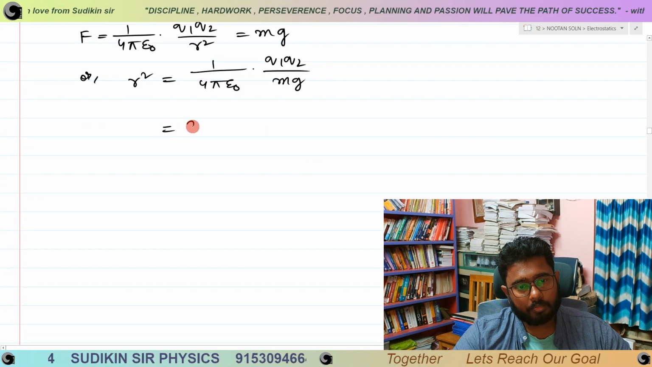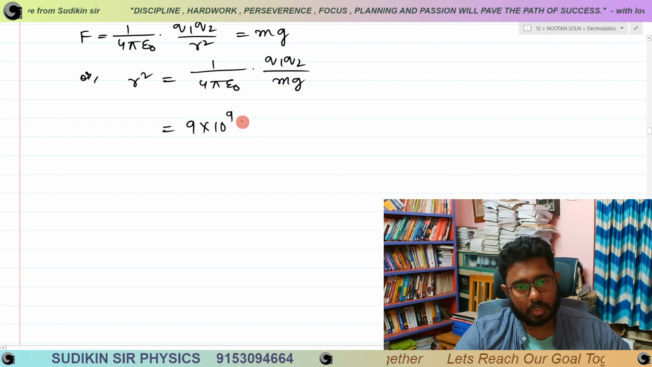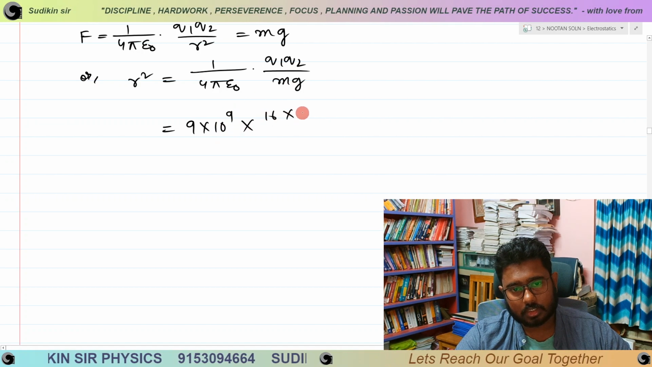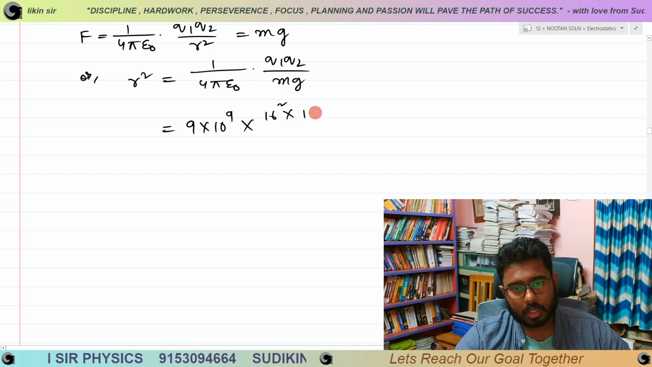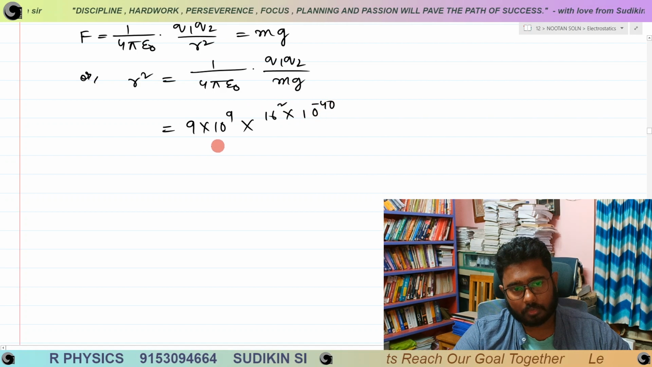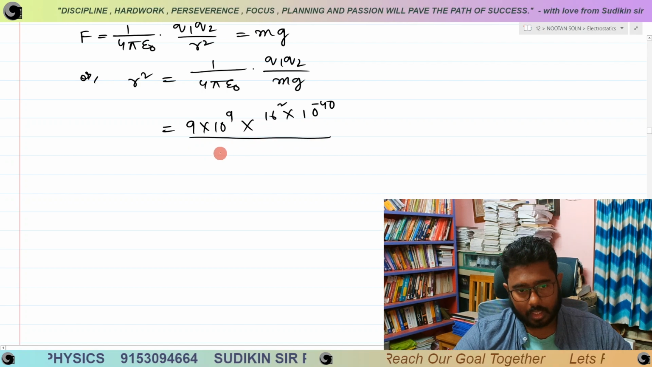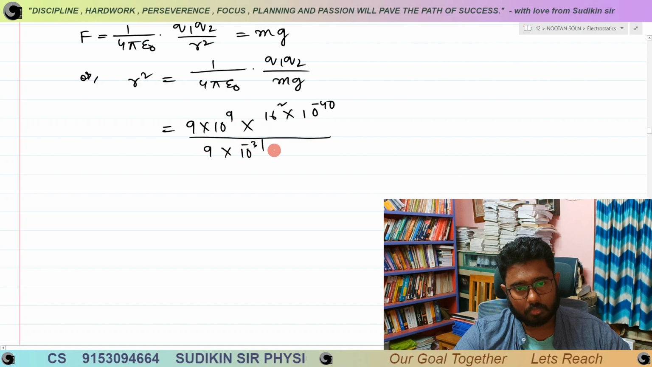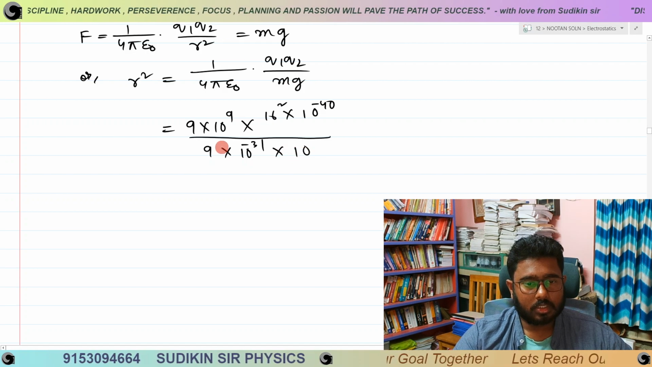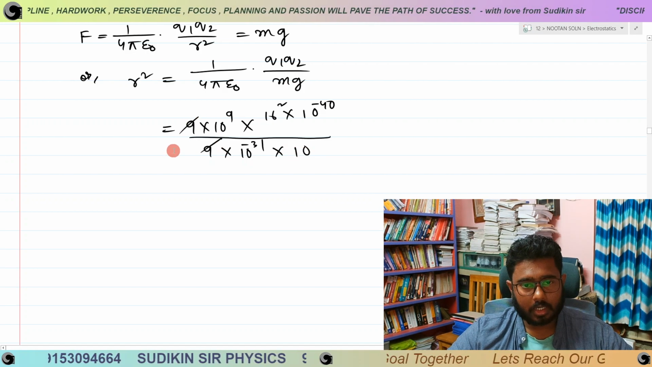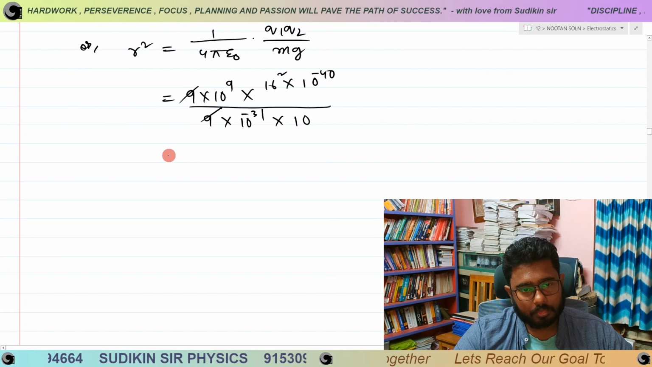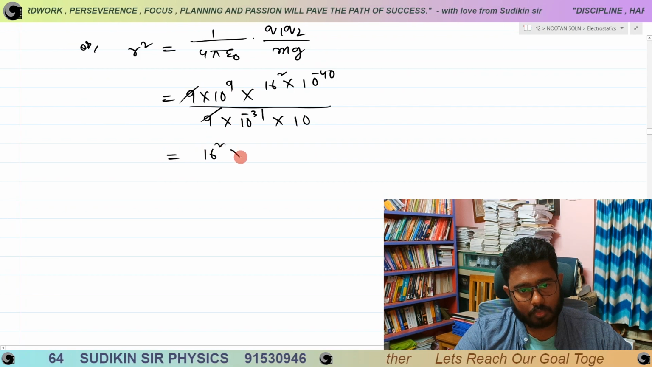So 1 by 4 pi epsilon naught is 9 into 10 to the power 9. Both of them are electrons, so the square of the electron charge is 1.6 square into 10 to the power minus 40. We have already discussed this one. And mg, the mass of an electron, is 9 into 10 to the power minus 31 kg. g is 10. Simple. So the 9 and 9 will cut out, and that will be 1.6 square into